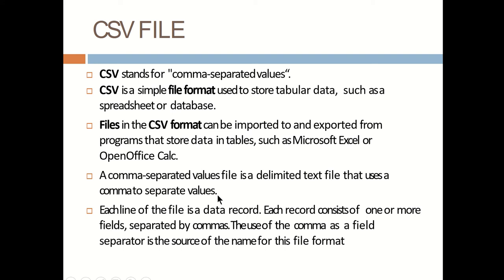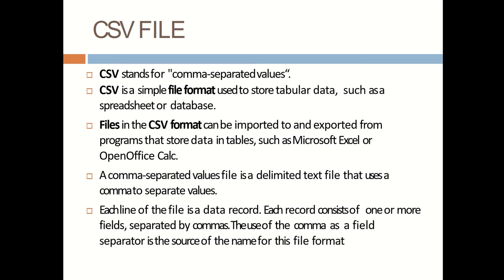Say, for example, if it is a student database, in a student database you may need to store student name and then age, date of birth and then mark. So if these are all the values, it will be stored in the form of student name comma age comma, that is, every single value is separated by comma. That is what is called comma separated value. So in this file format I will be dealing with information where the fields, that is the columns, are separated by comma.